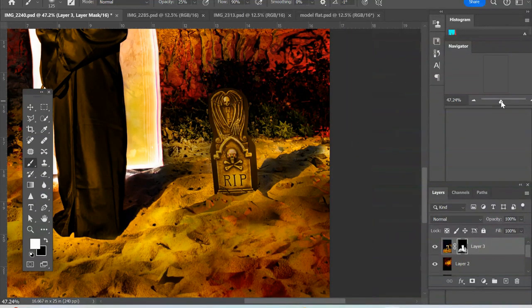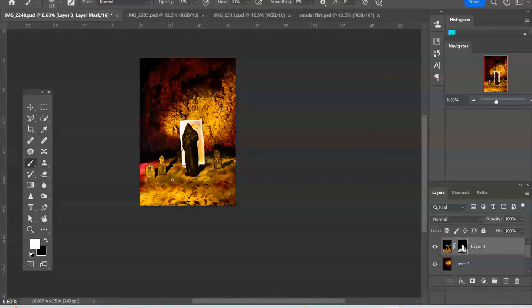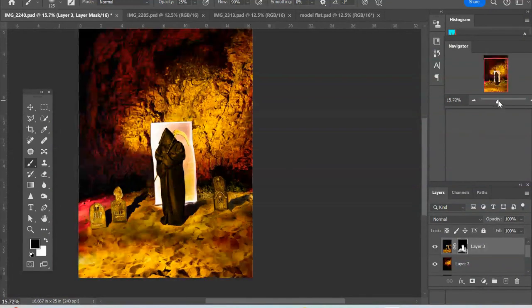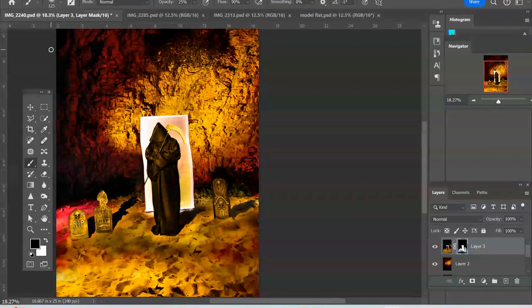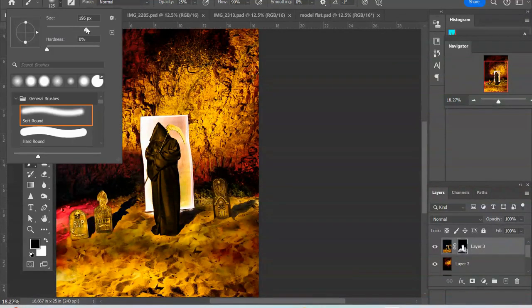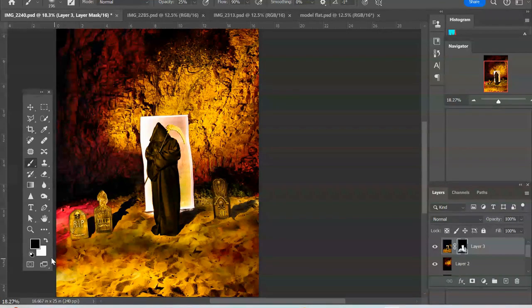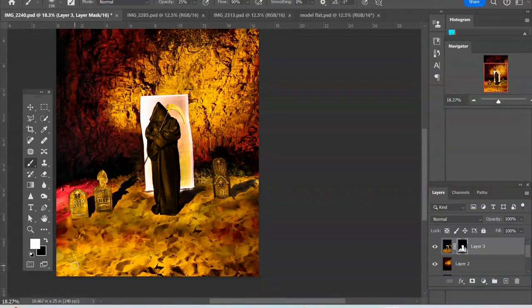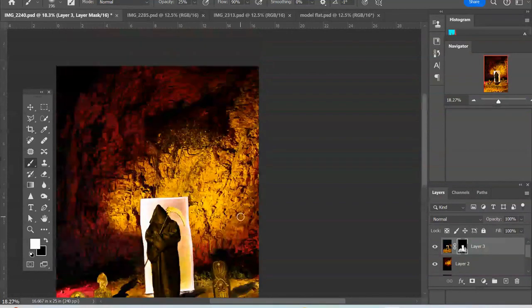And now I'll go ahead and back up. And let's see if I want to bring in, make my brush a little bigger. Do I want to bring in some of the shadow here? No, I want to bring in some of the lighter values and the sand here in front. Okay. That looks pretty good. Make that a little bit darker there. Just kind of blend this in. Okay, so